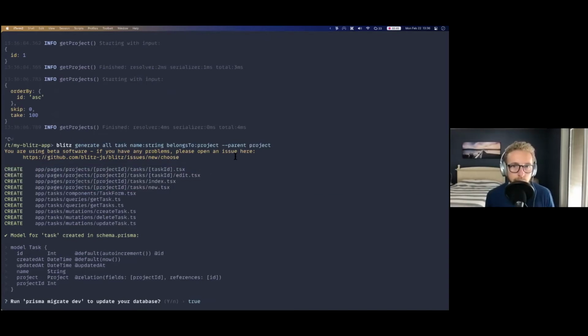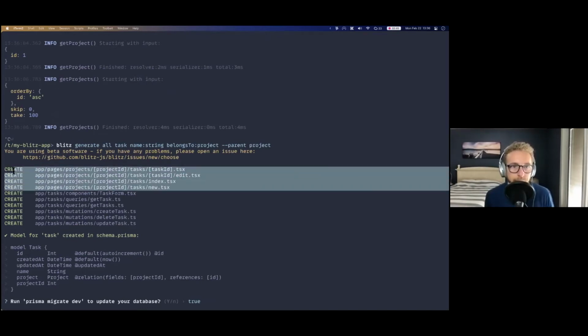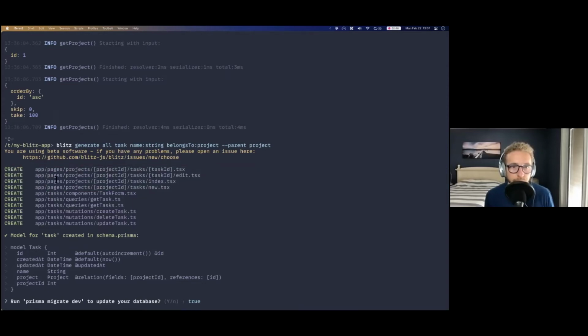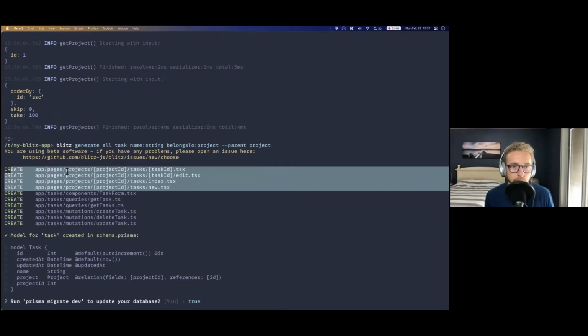But this time, because we passed the parent flag, it's nested under projects. So instead of app pages task, it's app pages / projects / project ID / task. And then all those task pages are there. That's because the task only makes sense in the context of a specific project.